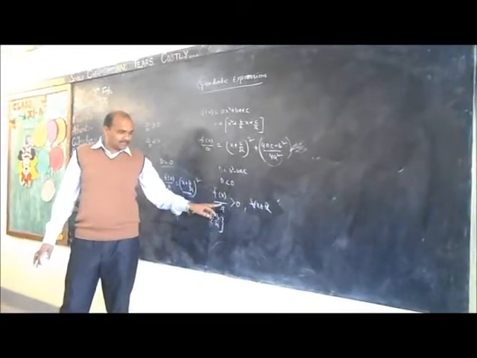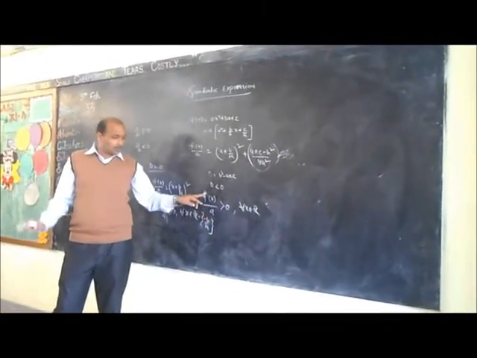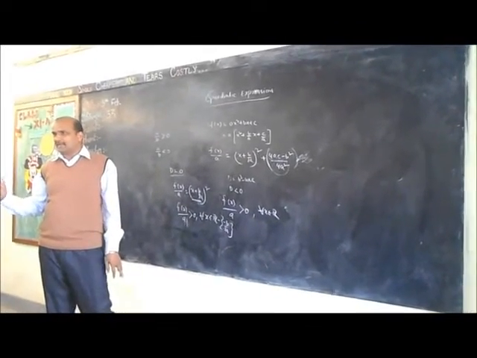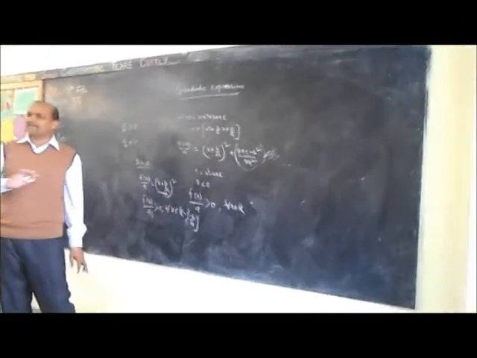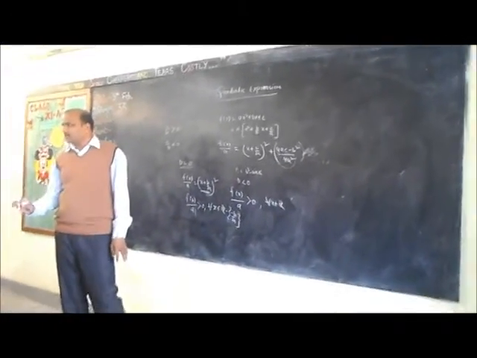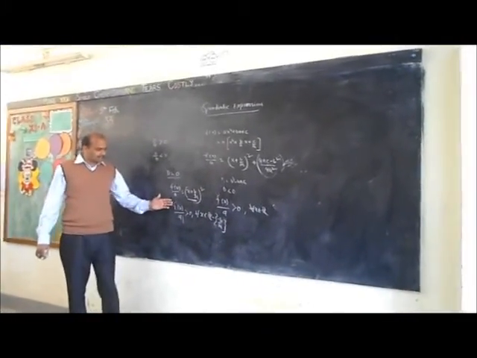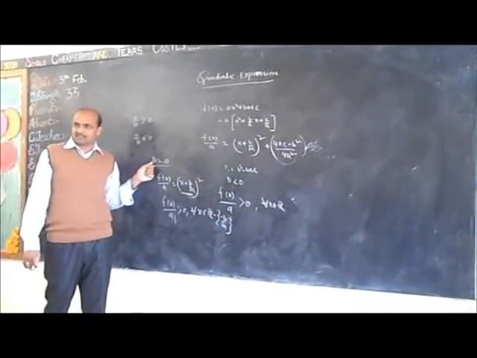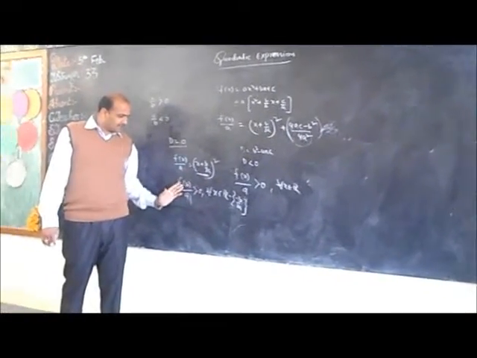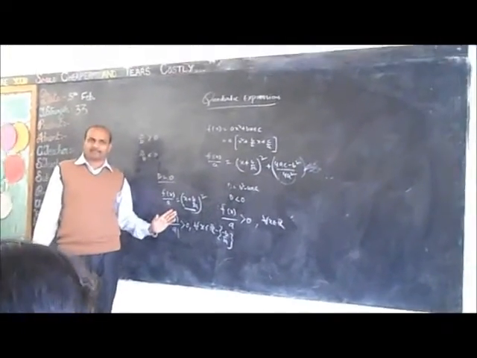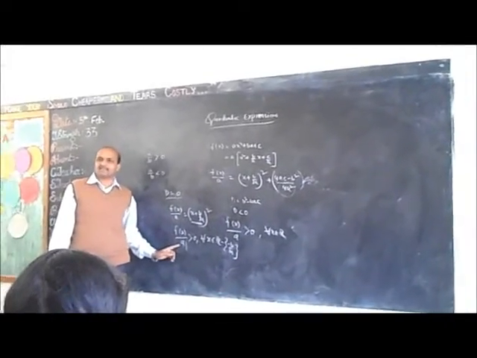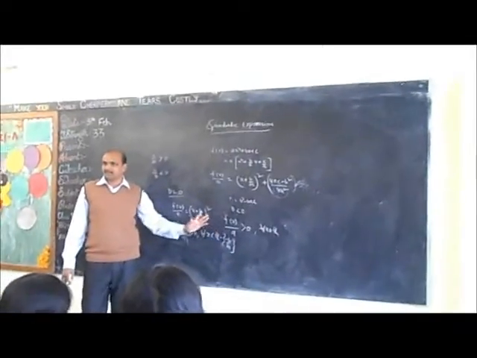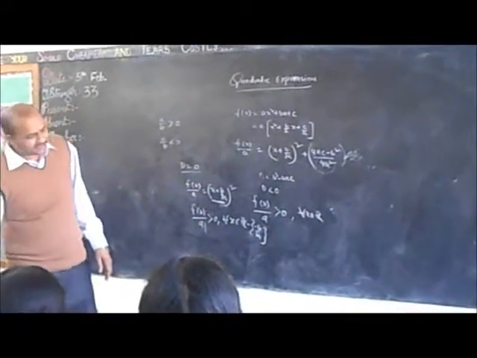When f of x by a is greater than 0, it means both f of x and a have the same sign for all x belonging to R. So what happens in this case? F of x by a is also greater than 0. The condition is discriminant equal to 0. Now f of x and a have the same sign. Suppose f of x is positive, then a is also positive, for all x belonging to R minus b by 2a. Right?